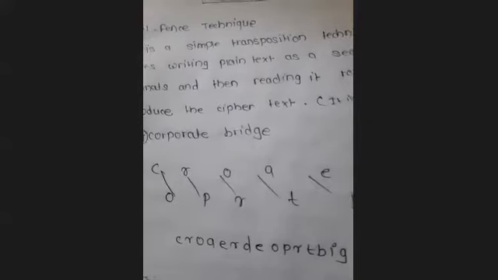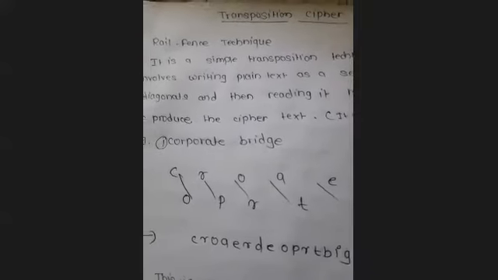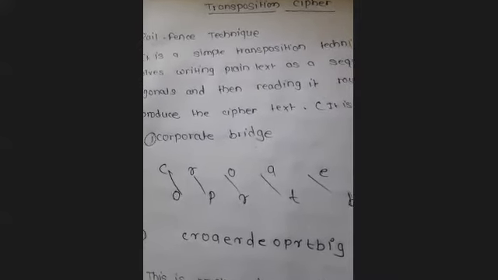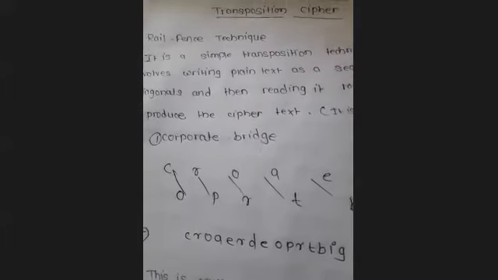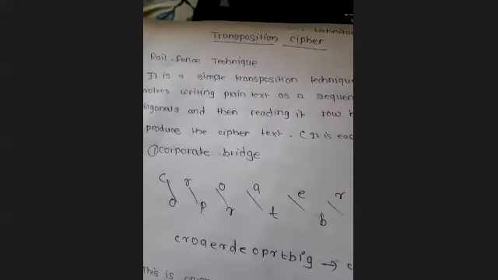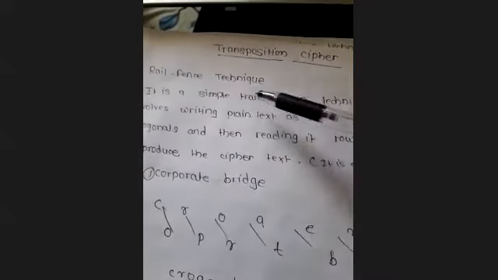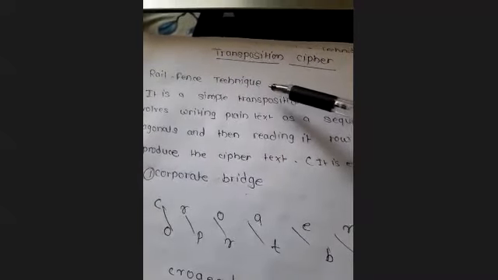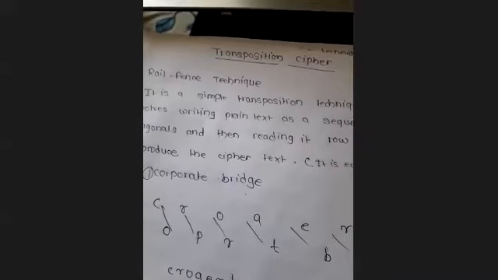This concept is present in the substitution method, right? But in transposition, we are only rearranging the alphabets. We are only applying some permutations. Now, in that transposition cipher technique, we discussed there are two types or two methods available. One is the Rail Fence technique and another one is the columnar transposition technique.